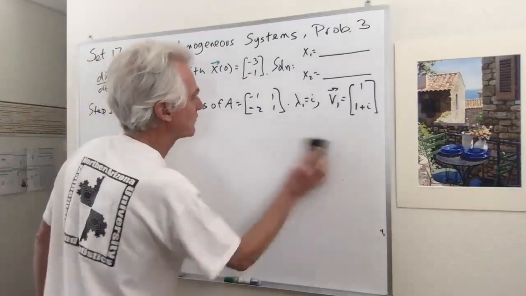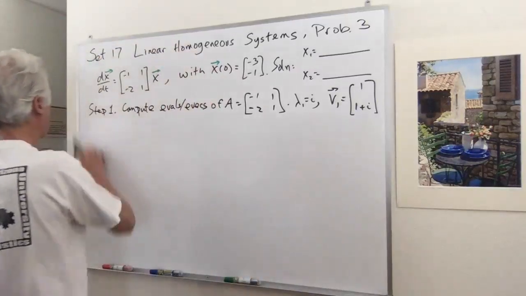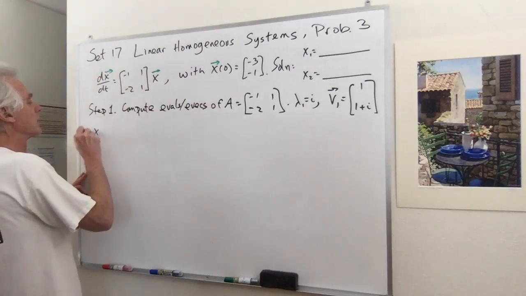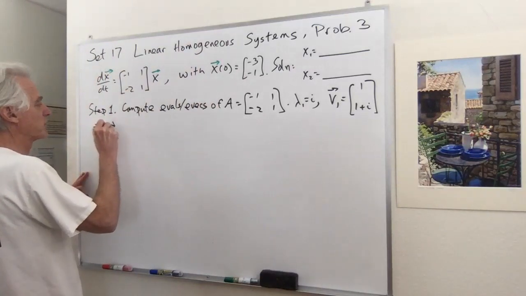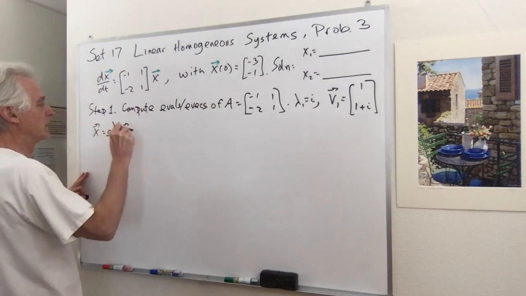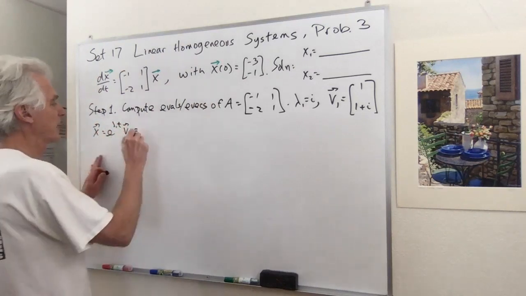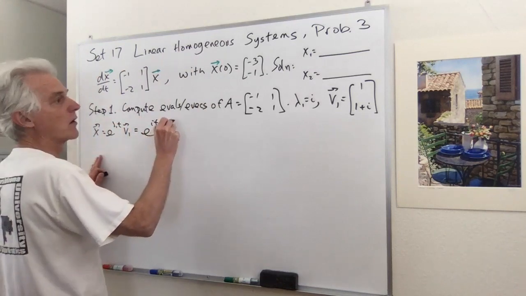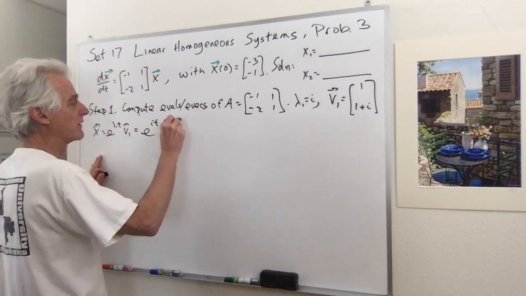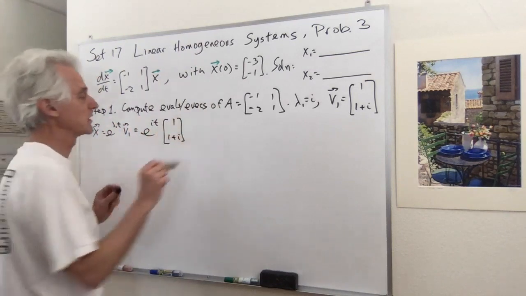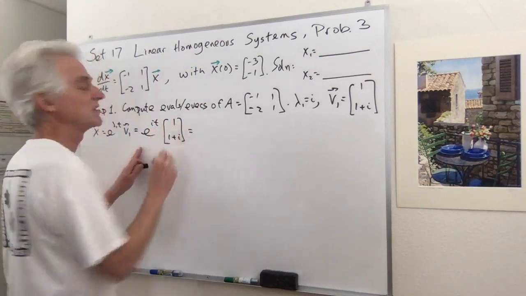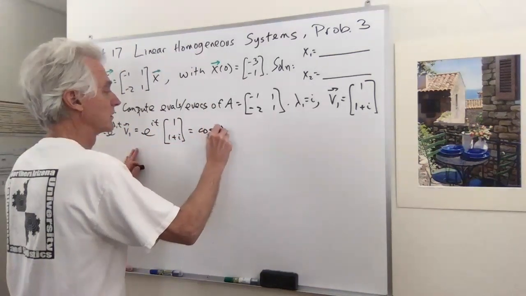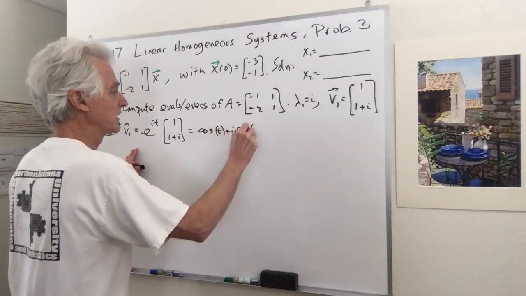So as I said before, we still get x is e to the lambda 1 t v1 is a solution. And in this case, it's e to the i t times (1, 1 plus i) is a solution, but it's complex valued. So I'm going to write this using Euler's formula for the first part, cos t plus i sine of t,